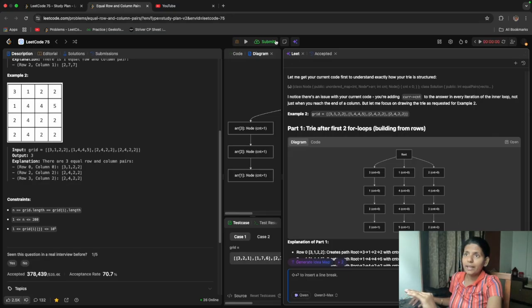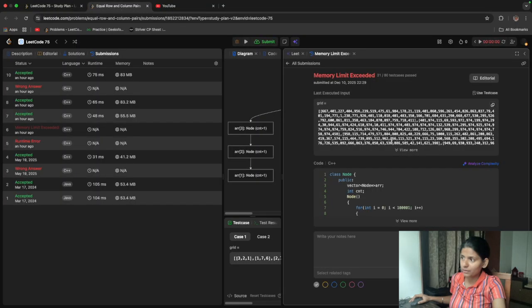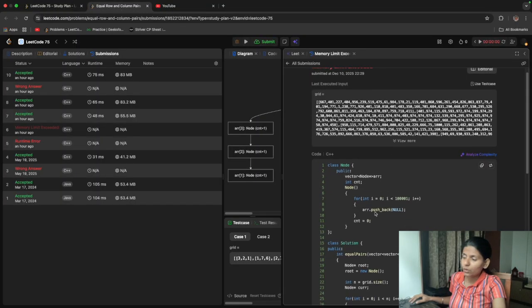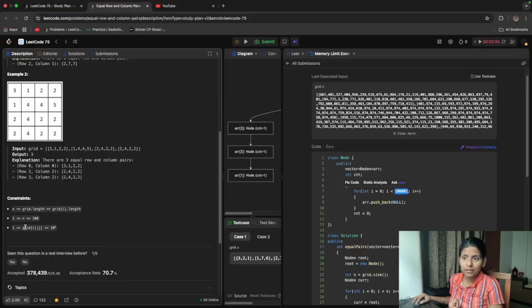So what I did in submission, first I got a memory limit exceeded. I will show what I did first. This was my concept: I stored all 10 raised to 5 numbers, since they told us we will have numbers up to 10 raised to 5.